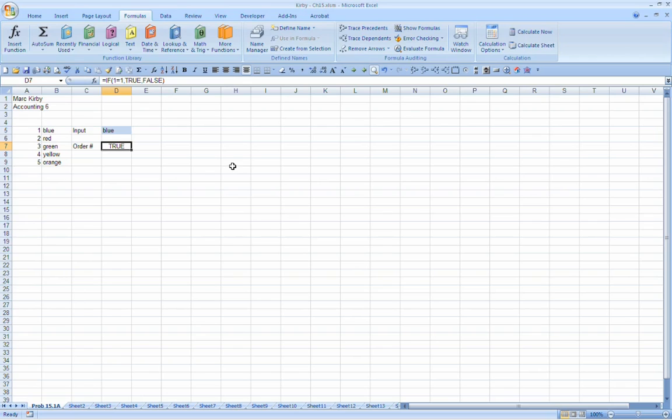And by that I mean, if something's true, tell me it's true. If it's false, go look at the next thing. Tell me if it's true. If it's true, tell me. If it's not, go look at something else. So to do that, I'm going to hit F2. And we're going to do something very simple here. I'm going to say if